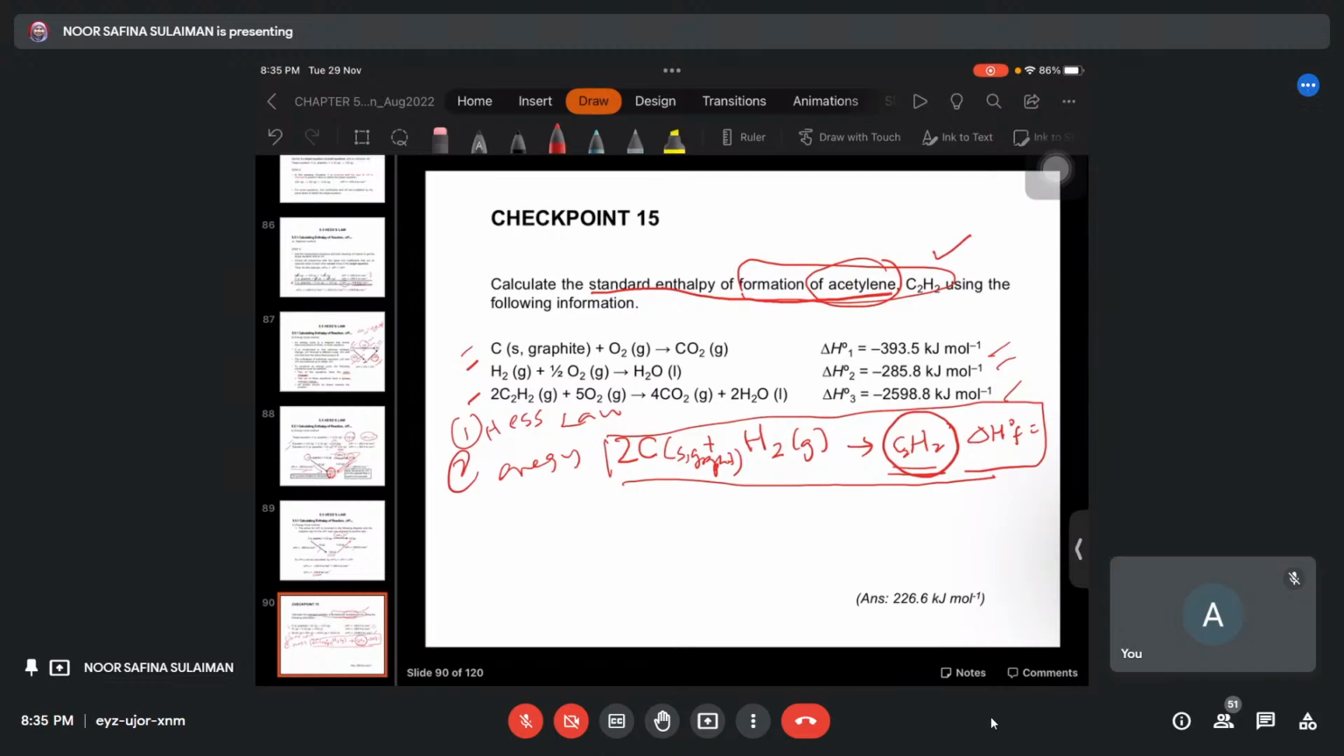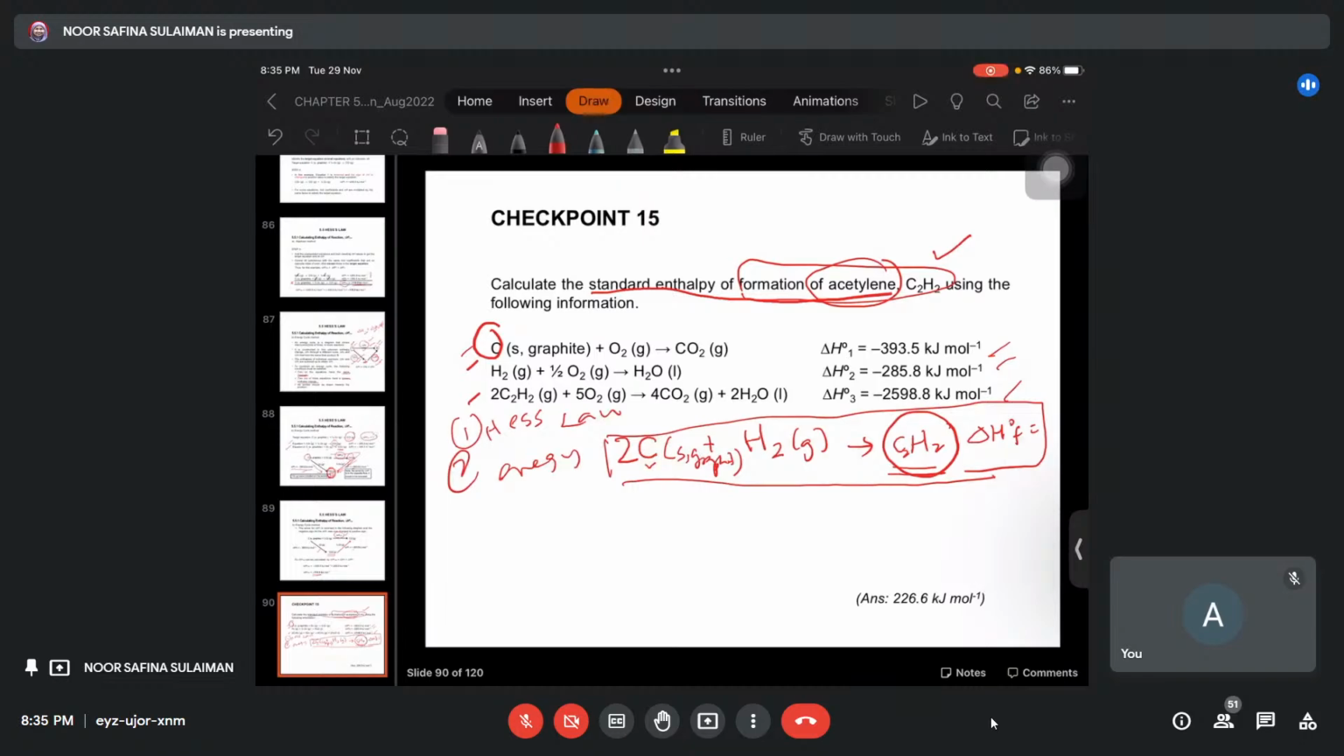Kita nak fokus pada C. Okay, kita nak fokus kepada C, sebab kita perlukan C di sebelah kiri tapi sebagai 2 mol. So apa kita perlu buat dengan equation yang pertama, kelas? Times 2. Okay, 2C